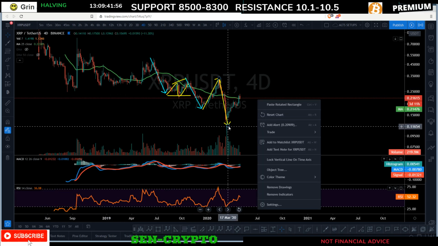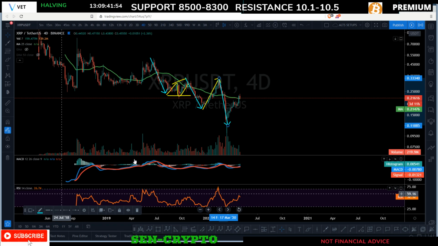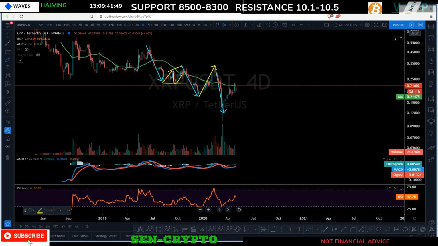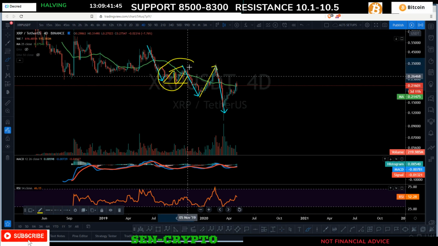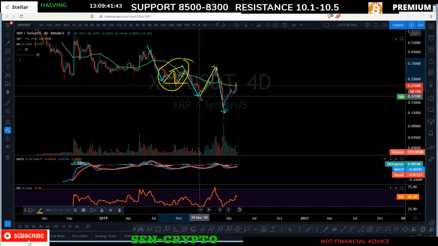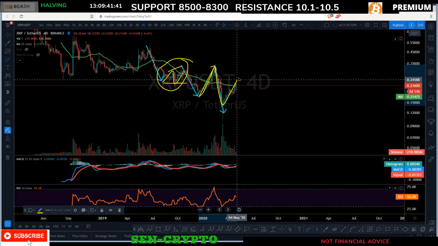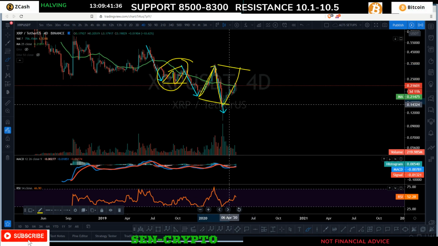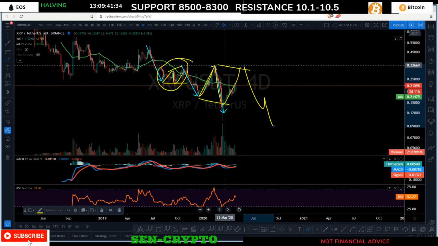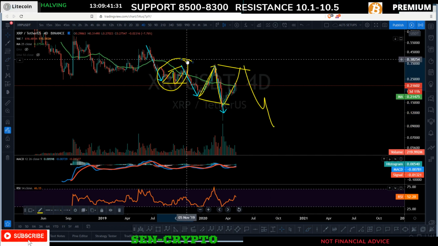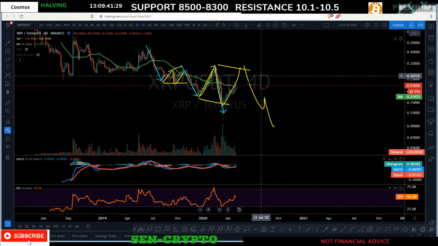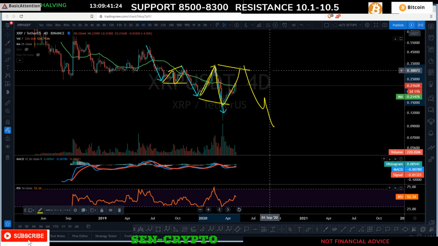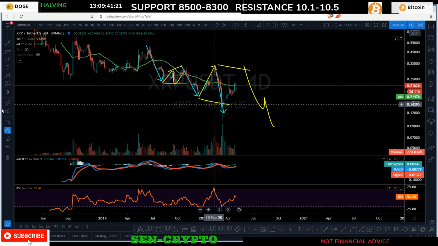All right, so now we got this move to the upside, but it could be a bigger corrective move like this one. You can see how we got this flat correction within this range. This move could be the same move. We could just make this move. It can retest the top, like 32 cents, and give us this move before another nasty correction down, right? I would not expect a nasty correction as of now, but let the price do the work, and then you can anticipate some further move to the upside.